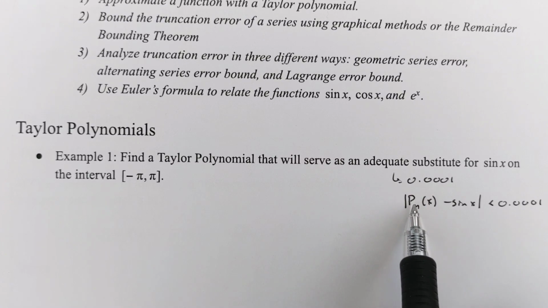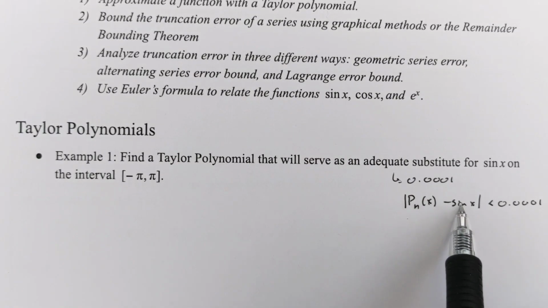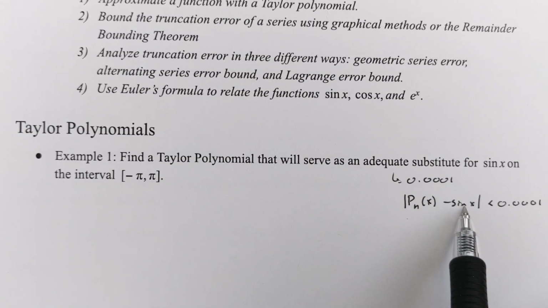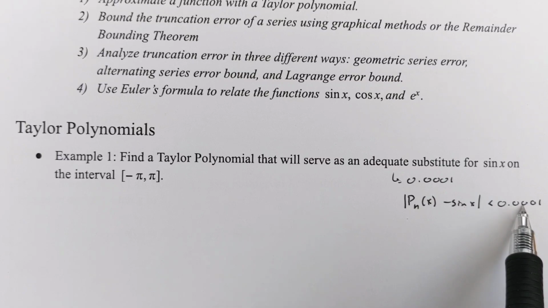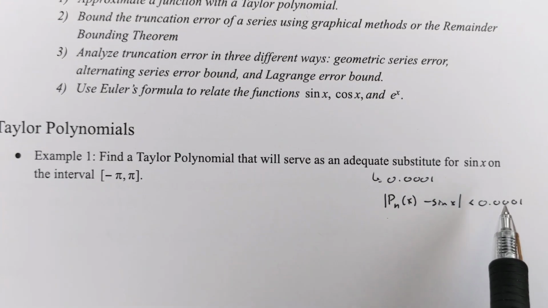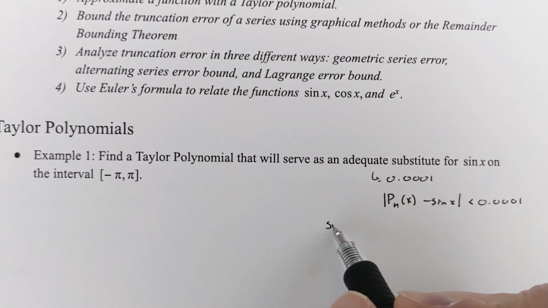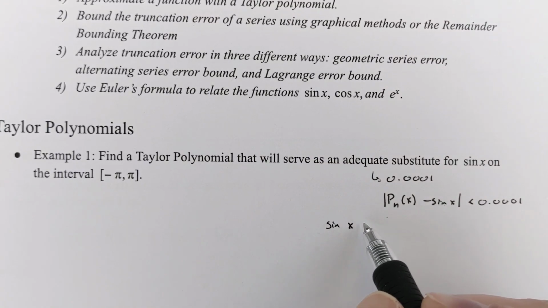Now at pi, sine is 0, so what I'm going to do is use the Maclaurin series, sorry, for sine and evaluate it at pi, because in that case this becomes 0, and check to see whether this gets down to that value. So for sine, the approximation